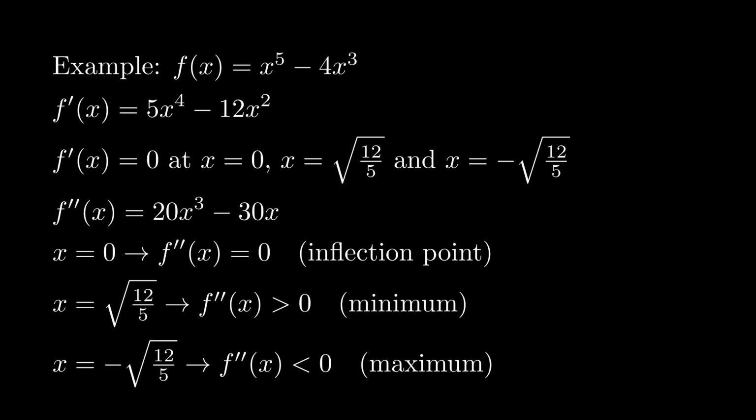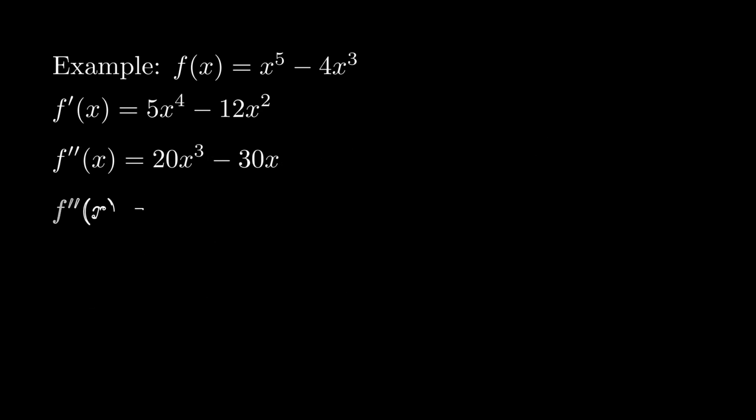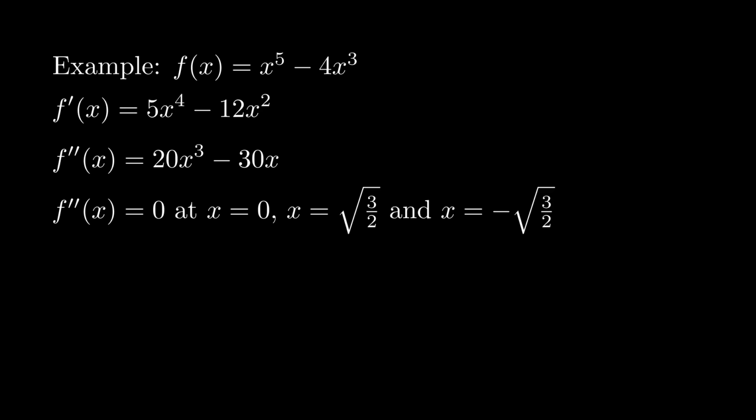and a minimum at x equals square root of 12 over 5, while at x equals 0, we have an inflection point. This happens because the second derivative also equals 0 at x equals 0, and the function's concavity changes there. We can also find additional inflection points by setting the second derivative equals 0, which are x equals plus or minus square root of 3 over 2,